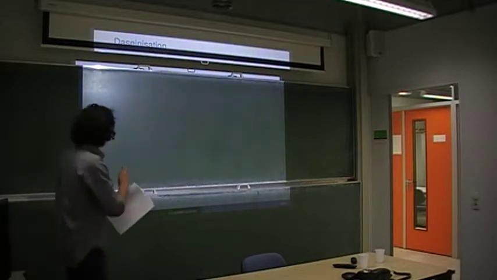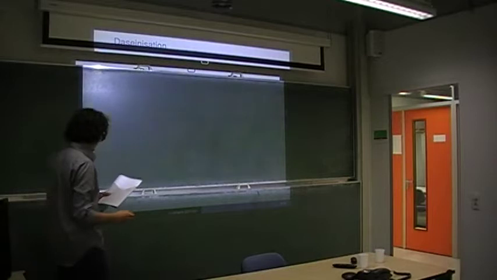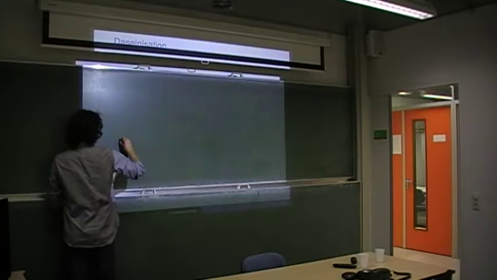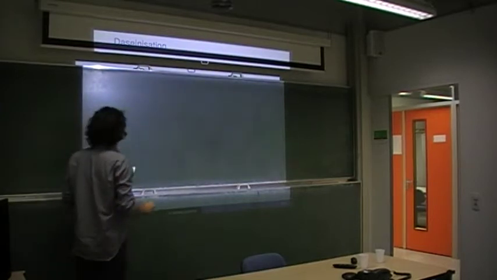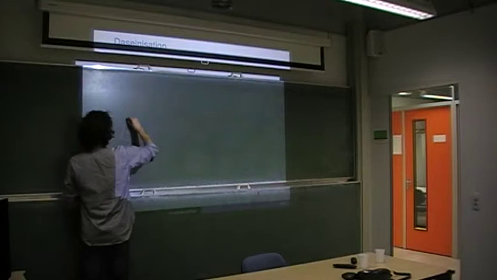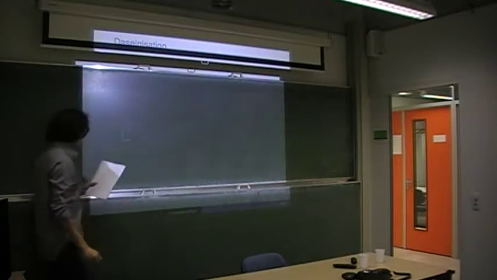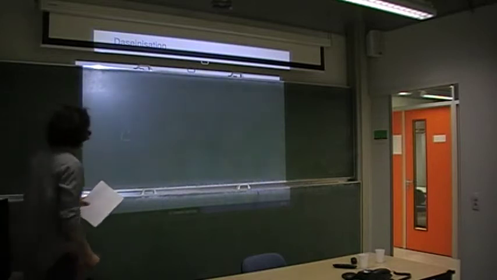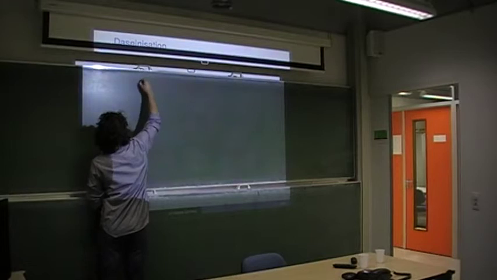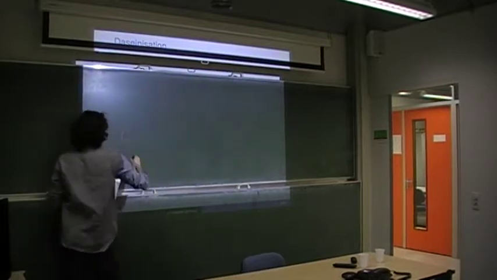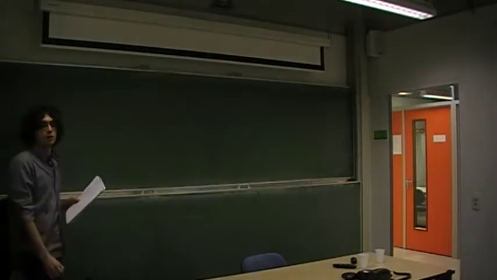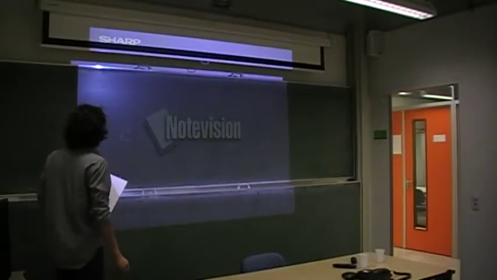I'll just use the board because I need to draw a few diagrams. The original idea of daseinization is that suppose we have two complete lattices, and we have an inclusion of complete lattices. In particular this one could be the projections on a von Neumann algebra, and this one could be the projections on an abelian subalgebra of the von Neumann algebra. And so whenever we have these, there will be